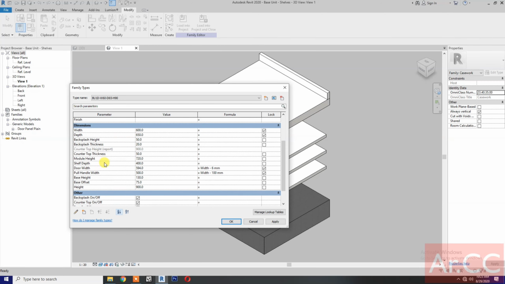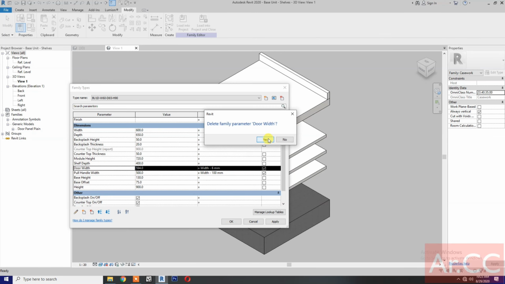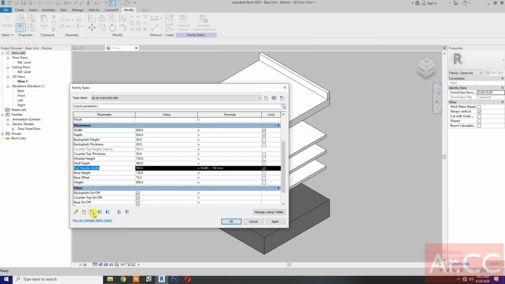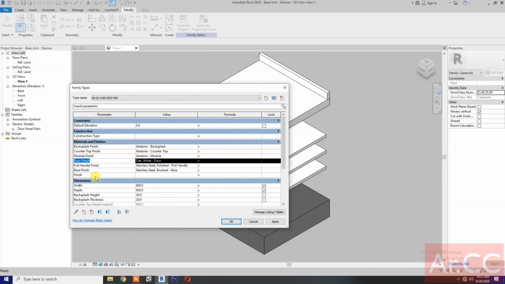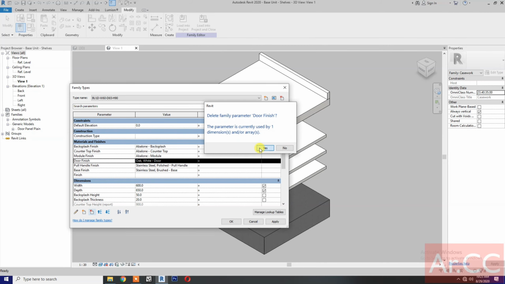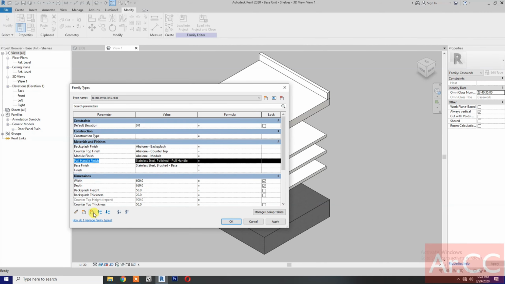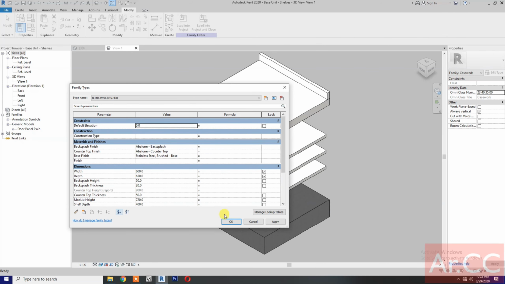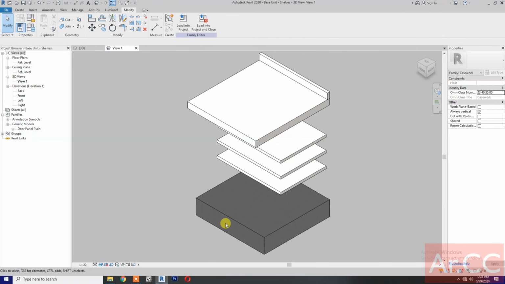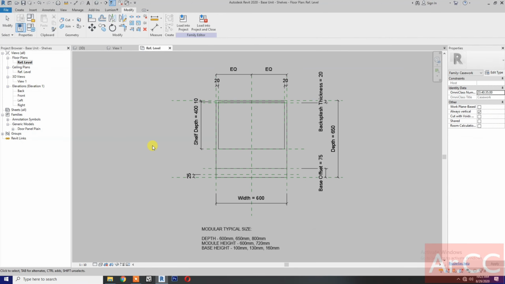Then delete the door width, delete the full handle width, and delete the door finish, delete the full handle finish, and the module finish. Okay, go to reference level,